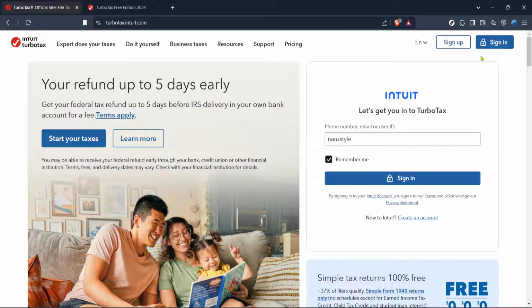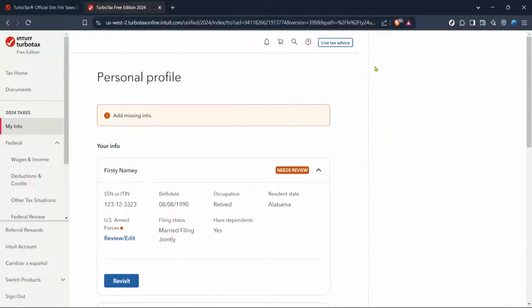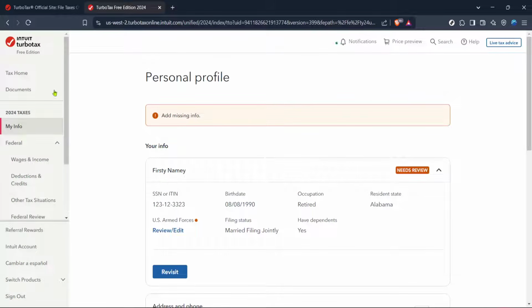Now once you're signed in, you'll be directed to the tax homepage. This area is your main dashboard where you can see all your tax related activities and status for the year. It's like your personal command center. If you're using TurboTax for the first time, you'll be relieved to know that the layout is user friendly and